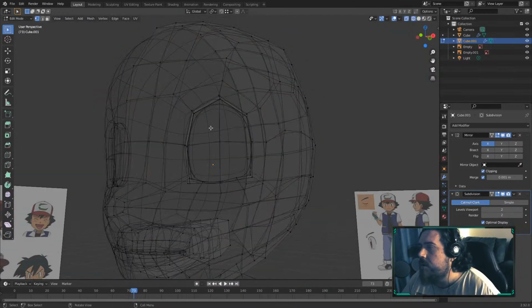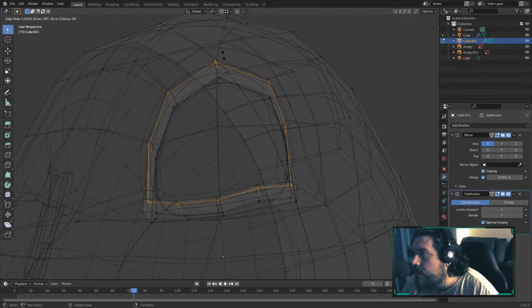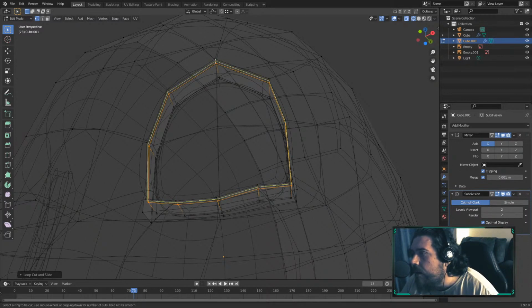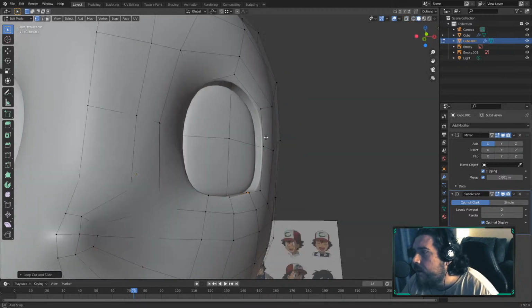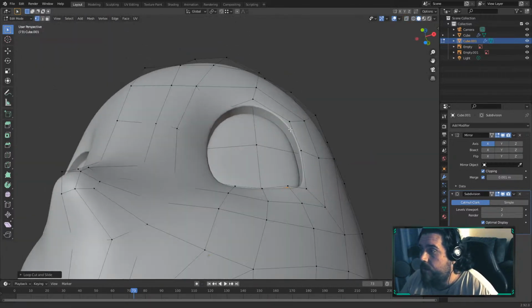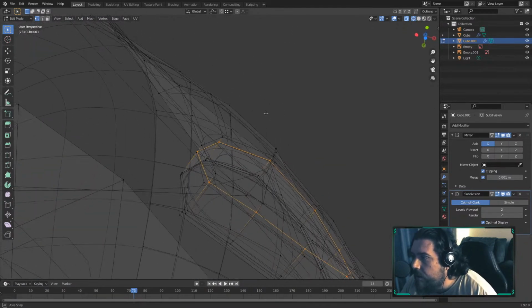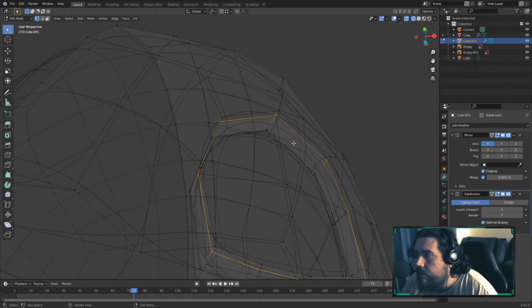I do want to add in at least an edge loop there and an edge loop there, and that has made it very sharp. So let's delete that one, I think, and then